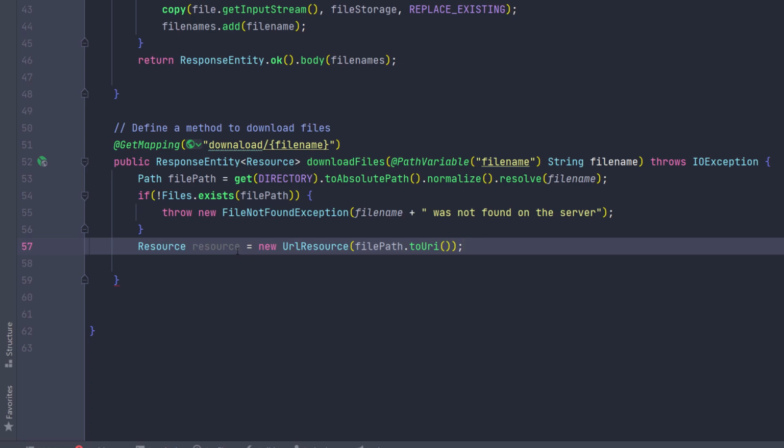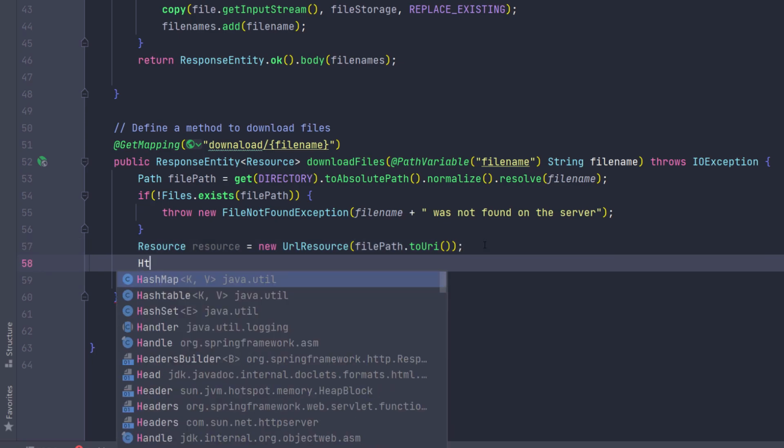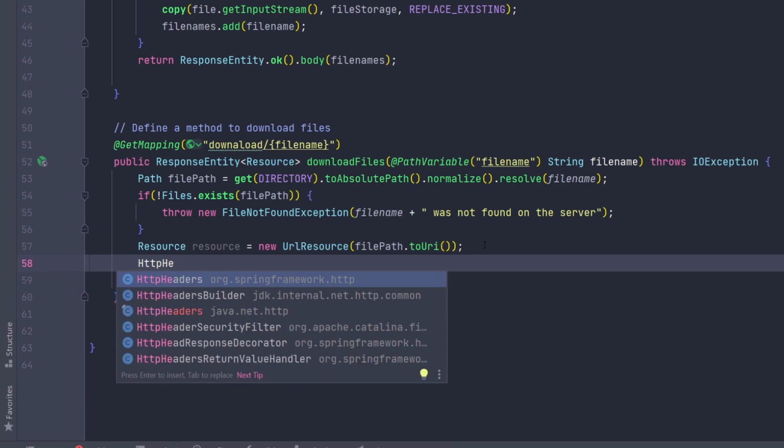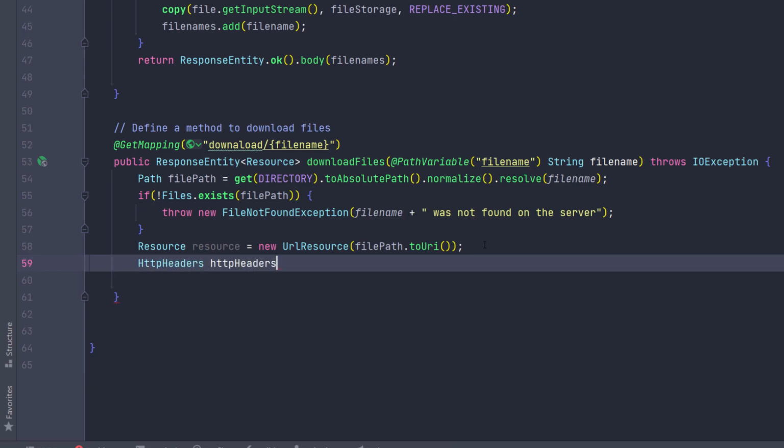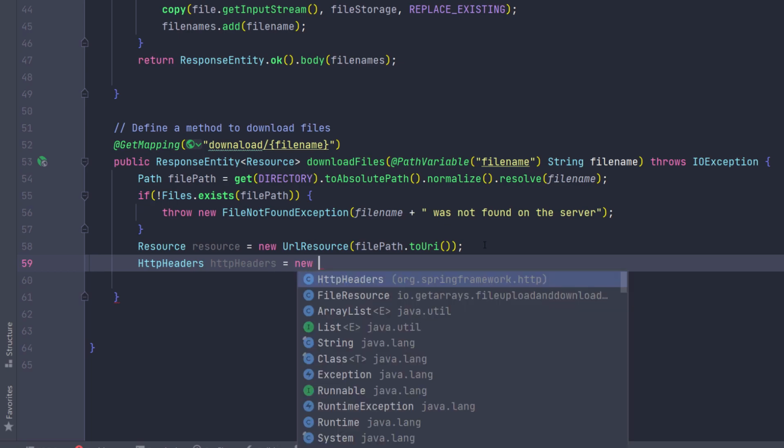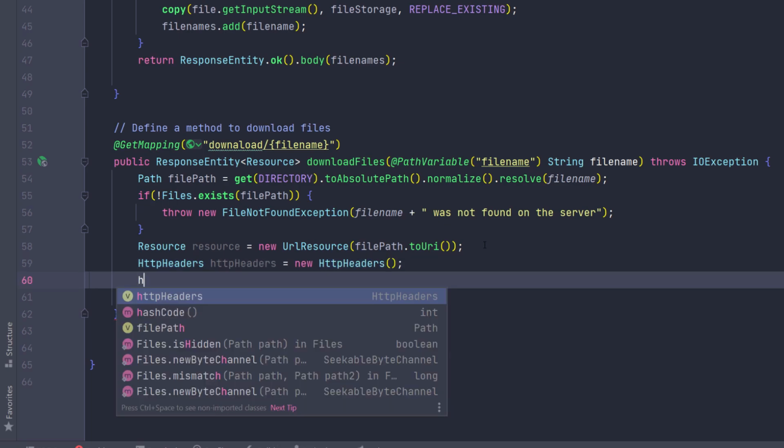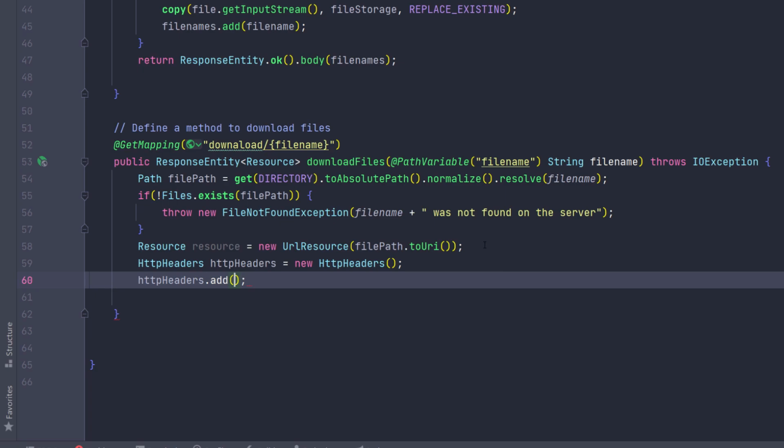And then once we get this resource, we need to send a content disposition as the headers, and then pass in the resource in the body of the request. That's how you tell the front end that this is something that needs to be downloaded. So I'm gonna define some HTTP headers, and I'm gonna call them HTTP headers, and then do new HTTP headers. And then I wanna do HTTP headers and add some headers. So I'm gonna do add. And the first thing I wanna add is the file name. So I'm gonna do file name,